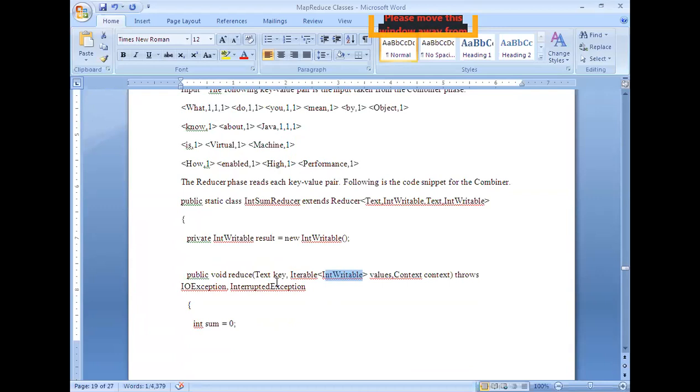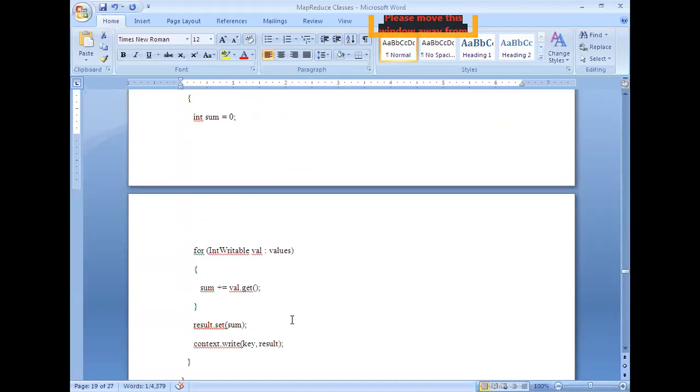Then the context: we want to write the final outputs into the output location which you have specified in the driver code, like output.txt or some other file. Whatever output path you have specified in the driver code, the outputs are going to be written there.